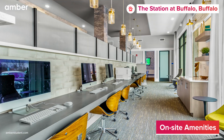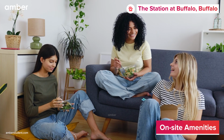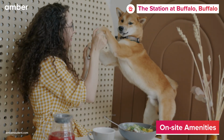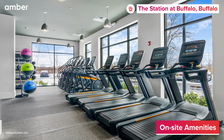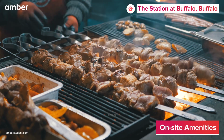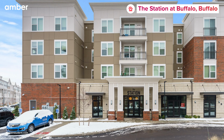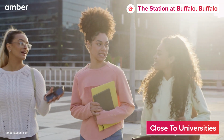Power through academics with group study rooms, all equipped with high-speed internet. It's all made simple through roommate matching with RoomSync. Even bring your fur babies along to this pet-friendly space. Enjoy endless amenities with a remarkable fitness center, grills to fire up on weekends, and a resort-style pool for some laps. Wait, there's more. Its location at Sweet Home Road provides easy access to campus, with University at Buffalo located